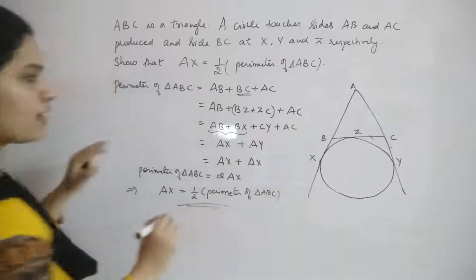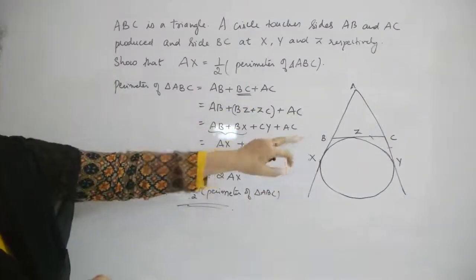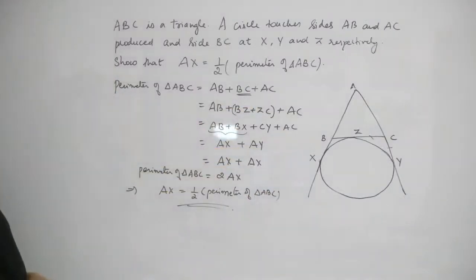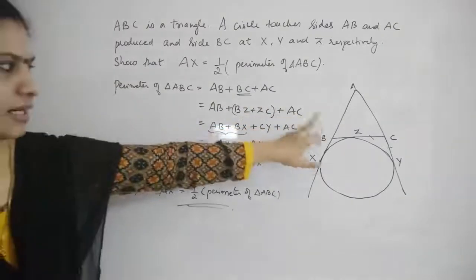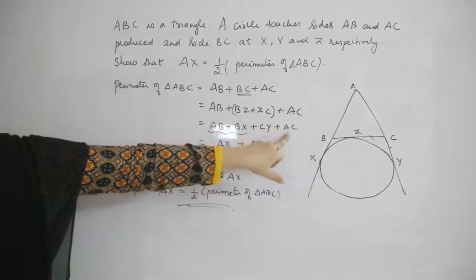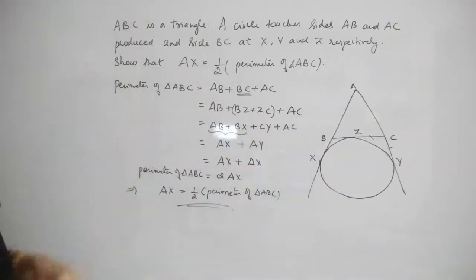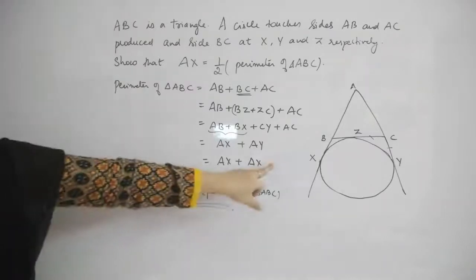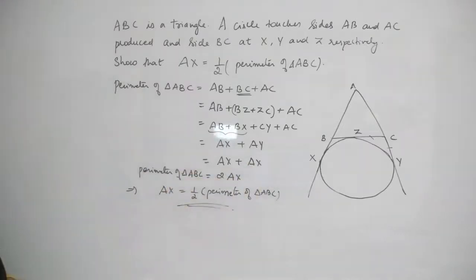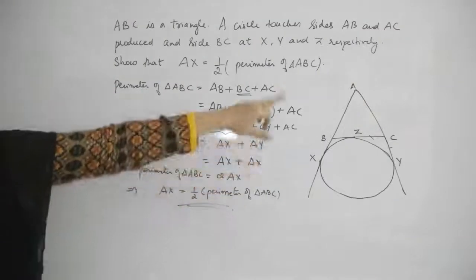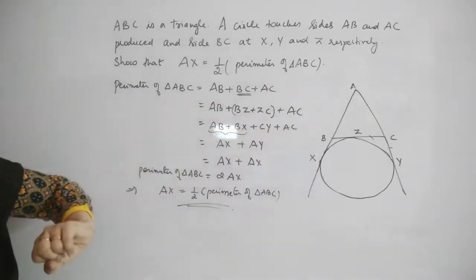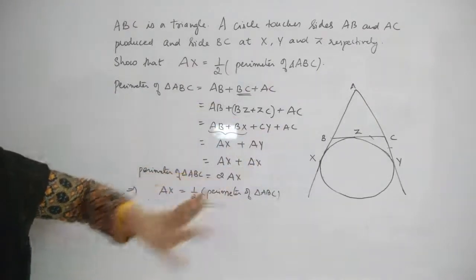So the concept which you have used, you can write at the side. Since B is a point outside the circle, BX will be equal to BZ. Where you have used that, you can write that. Okay, again for the other point you can write, since C is a point outside the circle, CZ is equal to CY. Again here you can write A is a point outside the circle, so AX and AY are the tangents from that point. So AX is equal to AY.